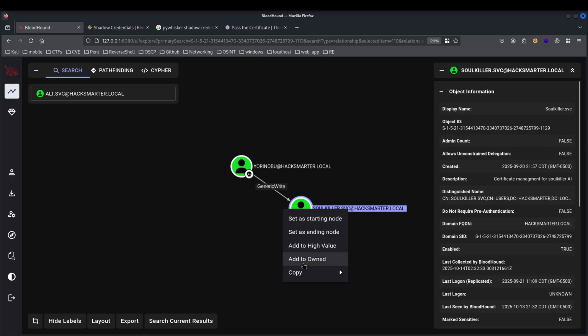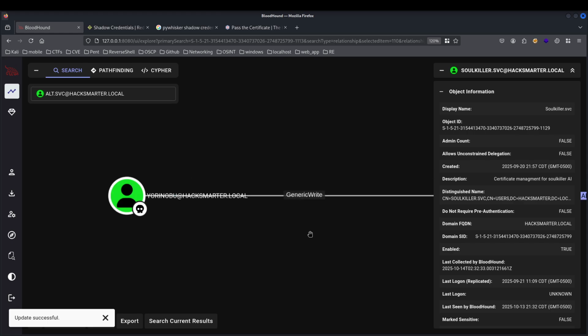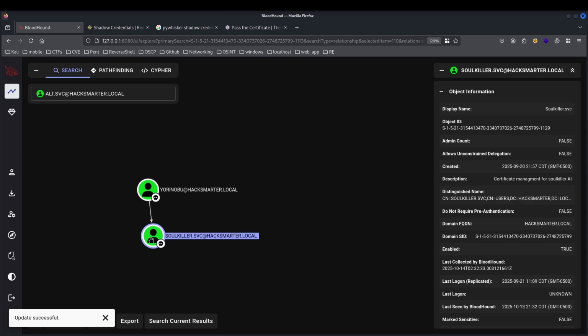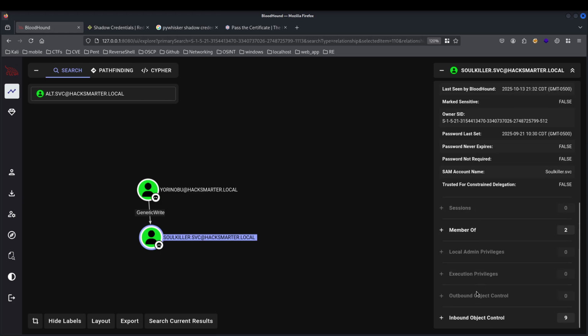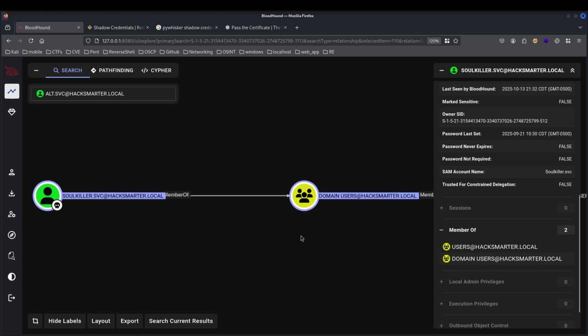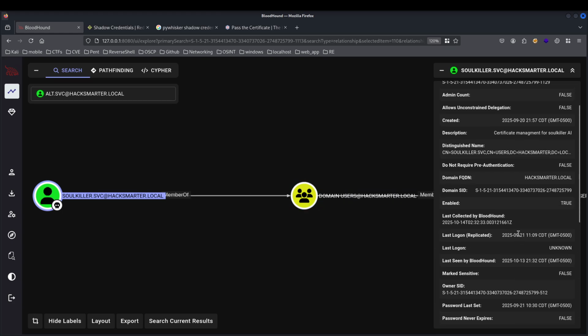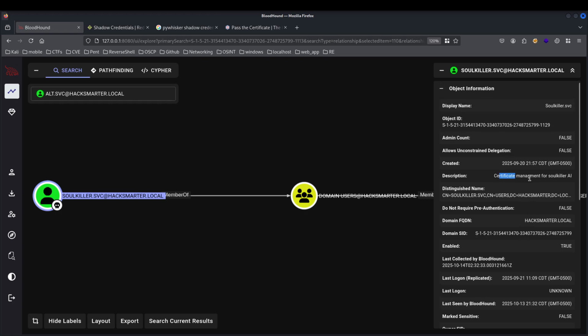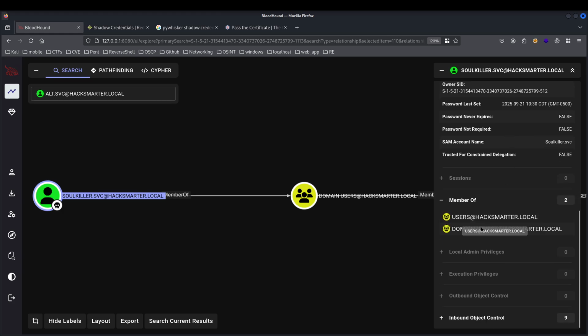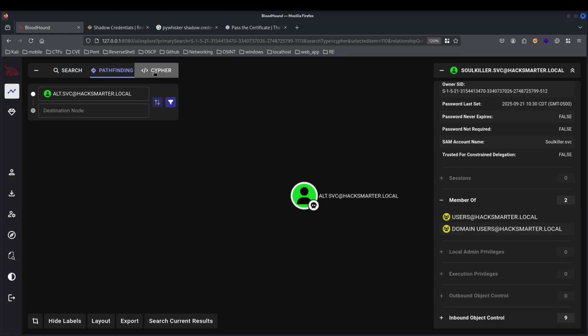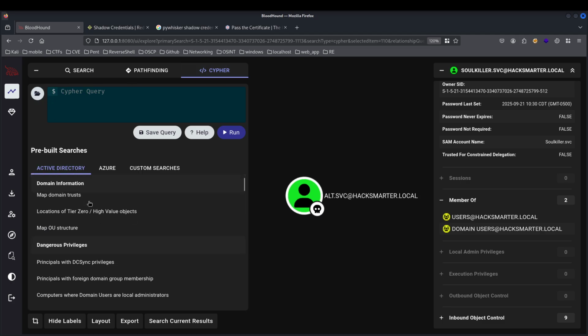So we now own Soulkiller, and this, kind of funny enough, falls in line, right? Because we saw all of the various service accounts. Looking through the users, see who this is part of. Soulkiller. Certificate management for Soulkiller AI. Certificate management. So from here, maybe we need to start looking at certificate attacks, right? I've not come across this yet, but let's see if we can use